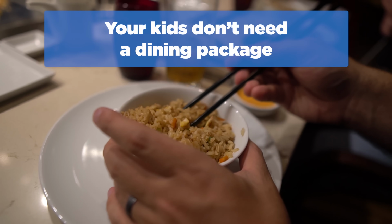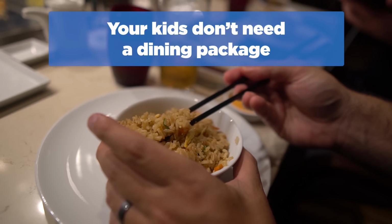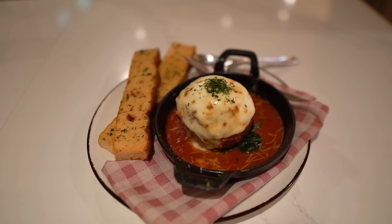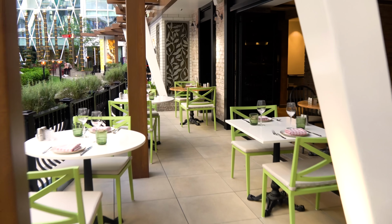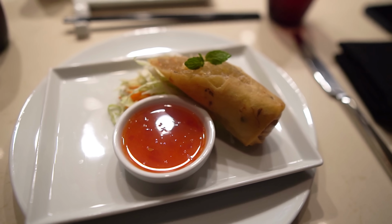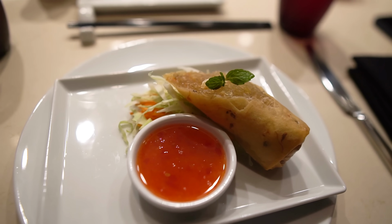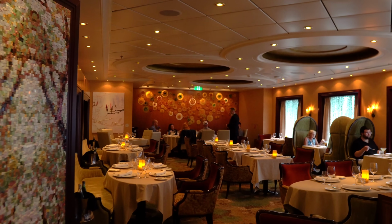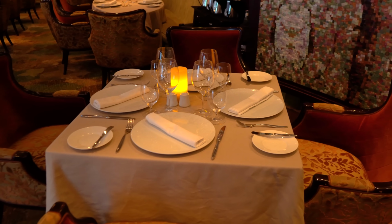Number 10 is you don't have to buy your kids a dining package. If you're getting a dining package for you as the adult, that's cool, but kids get special pricing at a specialty restaurant, so buying a dining package is only really for the adults. Now, Royal Caribbean has introduced some new pricing for kids with a dining package. You could get it for them, but keep in mind, by the way, that children between the ages of 0 and 5 are complimentary at specialty restaurants,